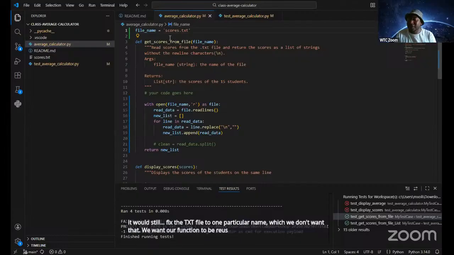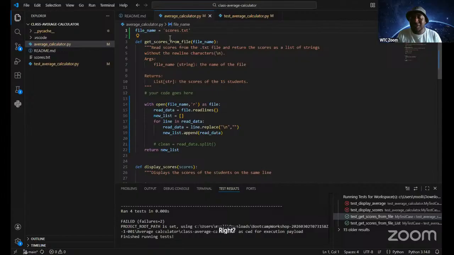We want our function to always be flexible. A good function is a function that you can always reuse without having to change a lot of things. A good function just does one thing. A good function is also flexible and can be reused in any code base.